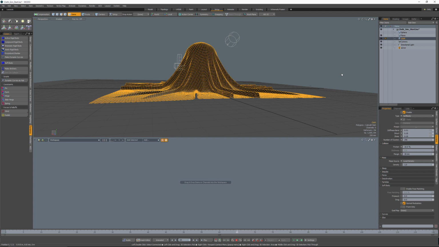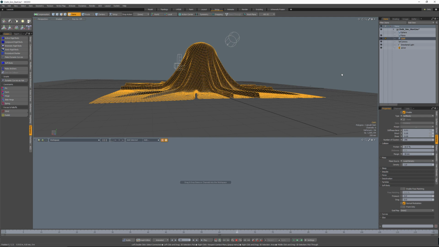Think about it working with a small piece of cloth. Let's work with something that's sheet of paper size. You can get an idea how that's going to bend and flex, whether it's silk or whether it's cotton or whatever the case may be. You can get an idea of that with something that's sheet of paper size. You don't have to throw a 20-meter tarp over a house in order to see how that cloth is going to behave. So start low resolution, get the settings that you like,